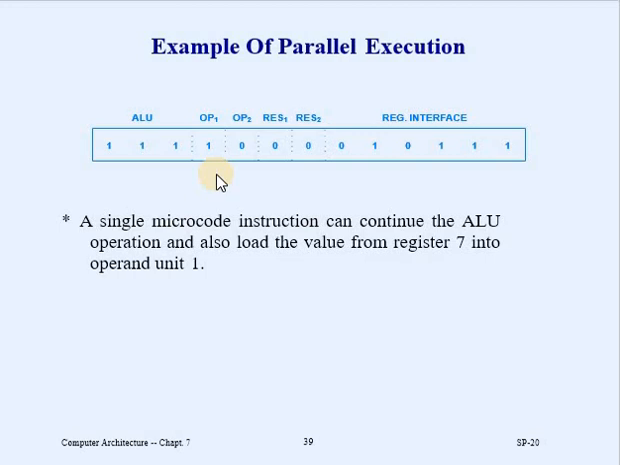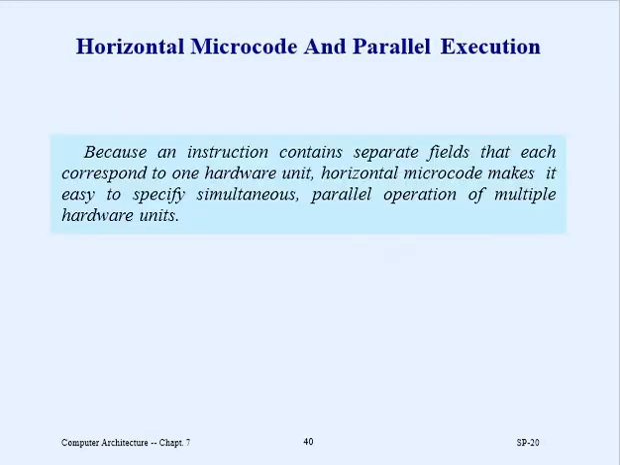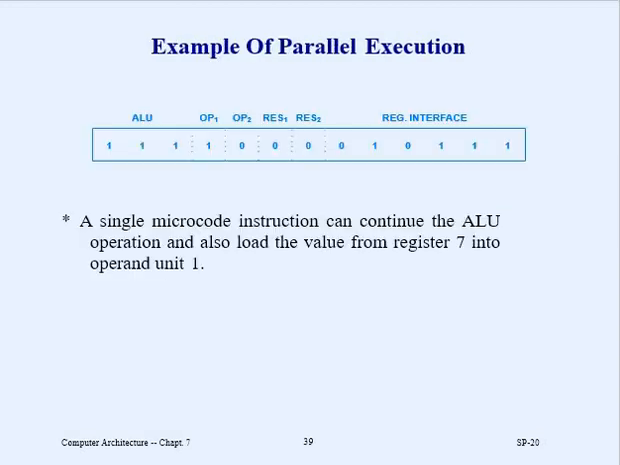So this slide is illustrated and explained with the star sign. A single microcode instruction can continue the ALU operation and also load the value from register 7 into operand unit 1. This we have already discussed, that this is what will happen in this case. So horizontal microcode and the parallel execution. This is the way the strings of 0 and 1 come,